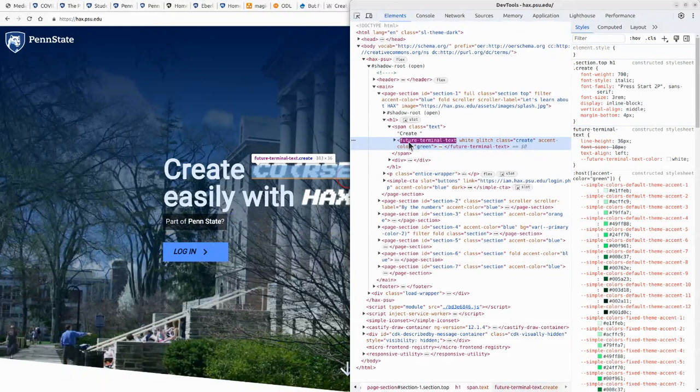over again. In this case, even something as simple as a future terminal text element made originally for a course, an online course to discuss topics of how to build web components. This was 3 years old, and yet we're able to still leverage and build on top of those resources going